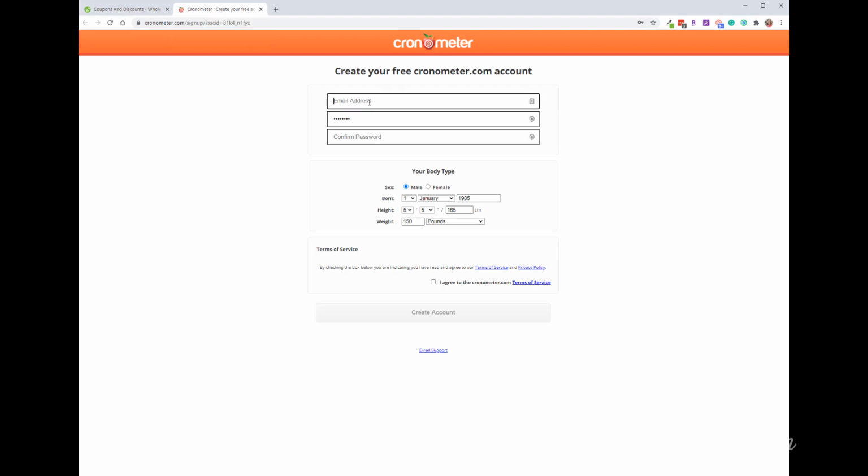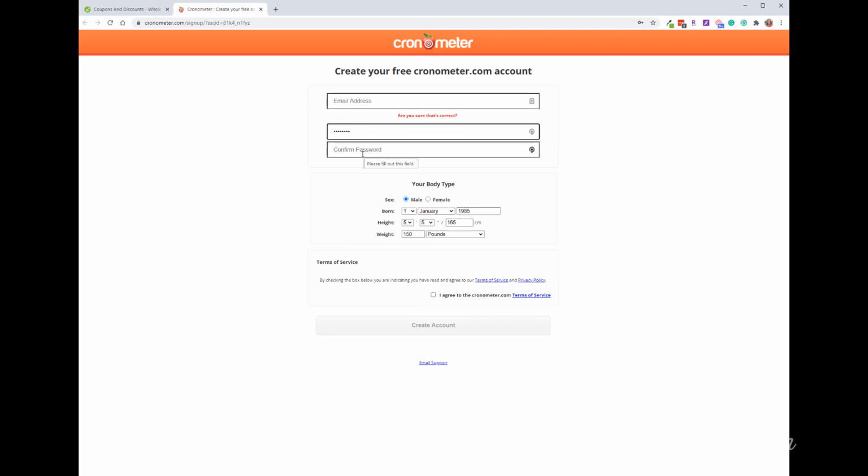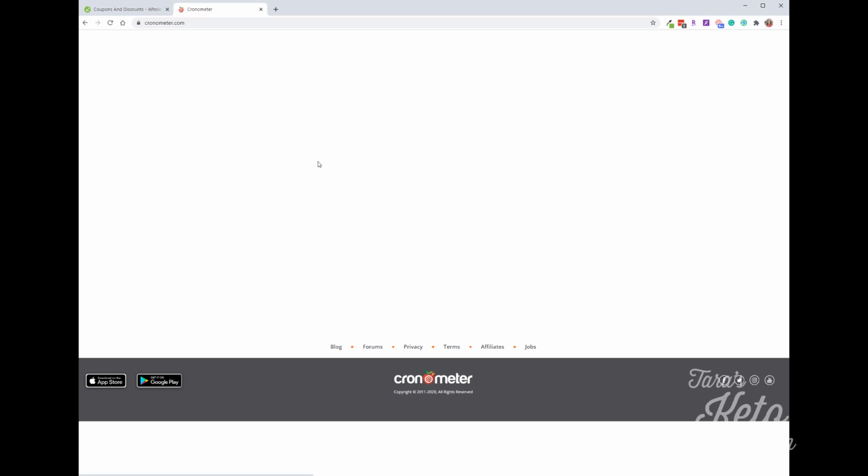And here you're going to set up your free account. So you're going to enter your email and a password that you remember. And then you're going to enter just some really basic information. So male or female. And note that when you choose female, you actually do get a few extra options. So if these apply to you, go ahead and select those. And then enter your height and your weight. Click I agree. And then click create account. What's going to happen next is a pop-up window is going to come up asking you to confirm your account, to activate your account. So once you get that done,